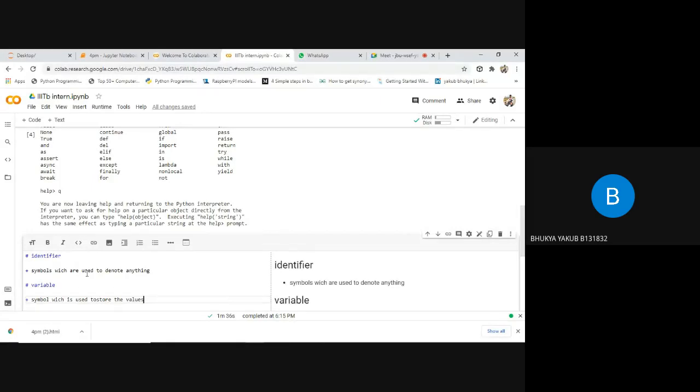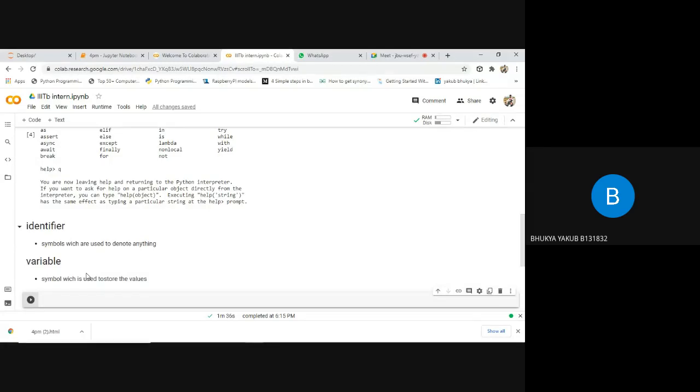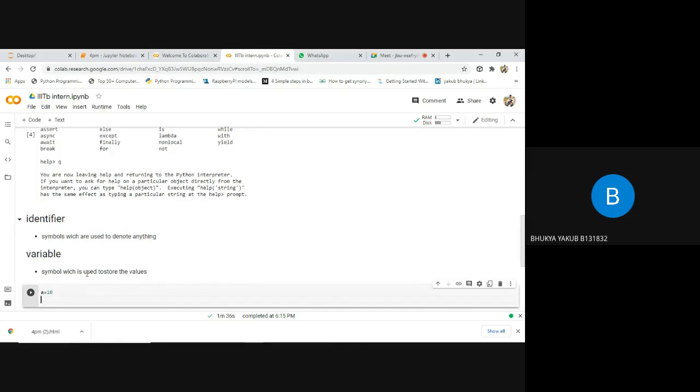So here to define this variable or identifier we will have a few set of rules. Not only Python, if you consider any programming language, to define identifier or variable we follow the same set of rules. First rule is, see here I'm saying a equals to set. Remember guys, Python is a dynamic programming language. Here we need not specify the data type before declaring the variable.